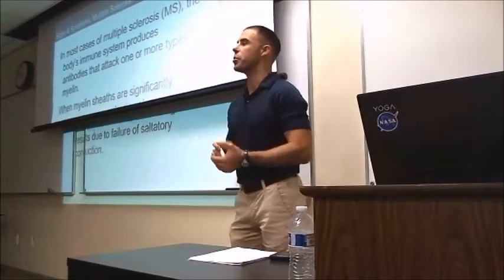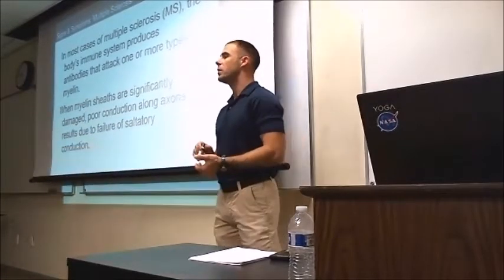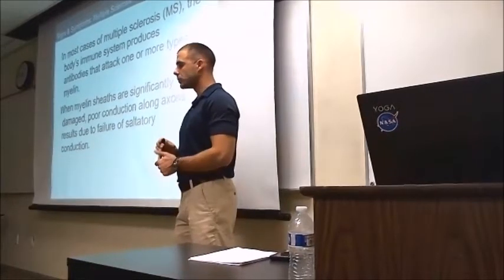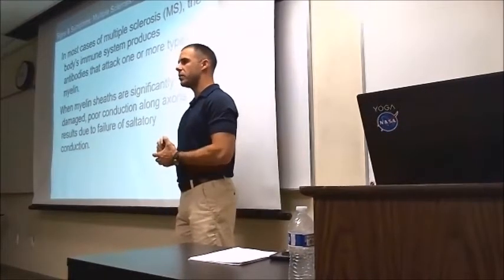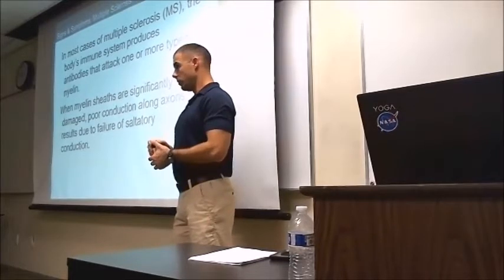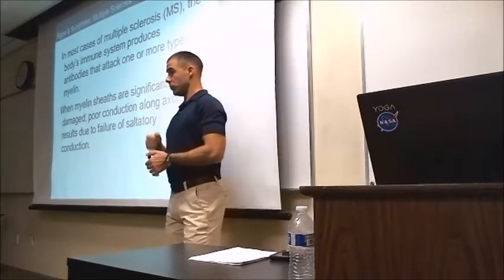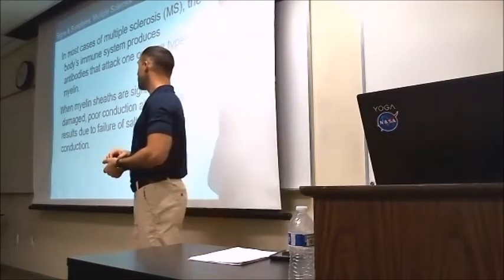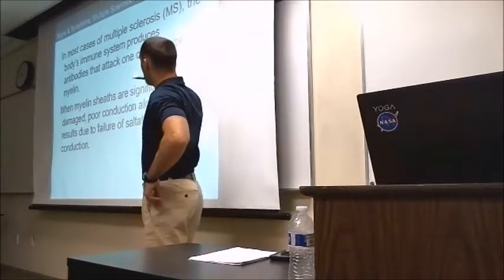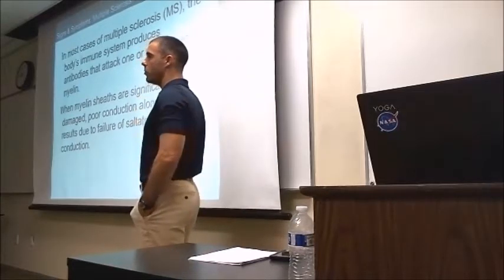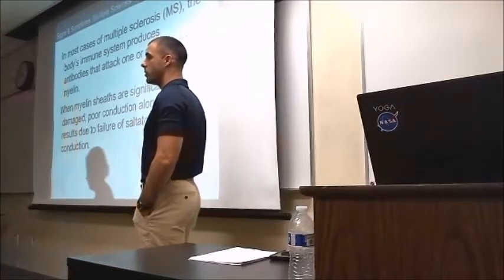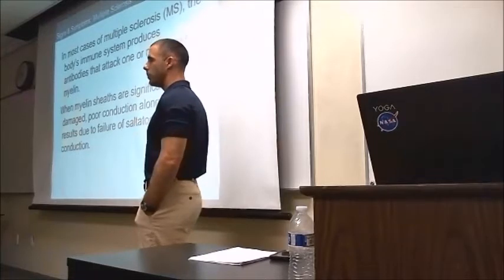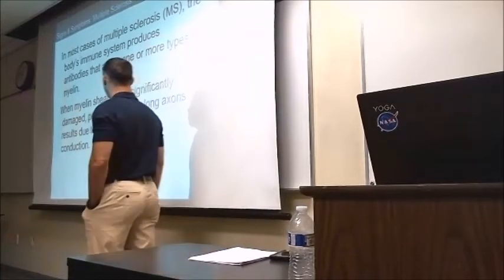Multiple sclerosis is one example of when this system can go awry. When you have the breakdown of myelin, it can lead to inabilities to move or to feel the things that that particular neuron that had the breakdown of myelin was responsible for doing. That's what's happening in multiple sclerosis. It's generally considered an immunological disorder. The body's basically attacking itself. It's an autoimmune disorder, and it will destroy that myelin.